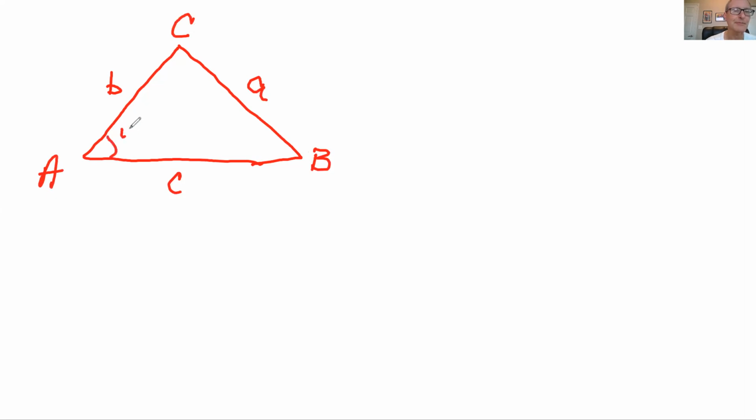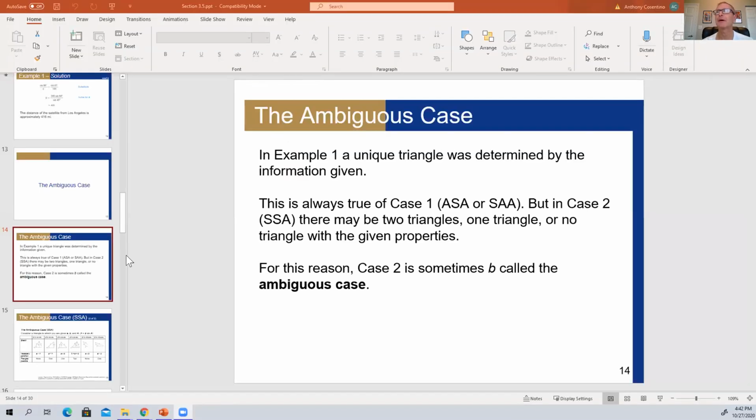So say we have 42 degrees, and we have B equals 12 feet, and we have A equals 22 feet. You can see if you have these opposites here, right? You see what we mean by opposite? The 42 degree angle A is opposite to that side A. If we had C and B, that would be adjacent, right? Angle A is adjacent to B and C. So this is the opposite. Again, we would use laws of sines, and we're going to do that problem in a minute, or maybe two. But getting back to the PowerPoint,